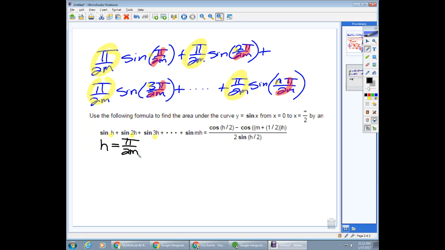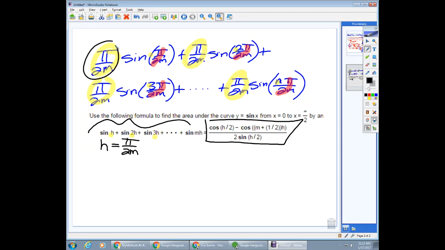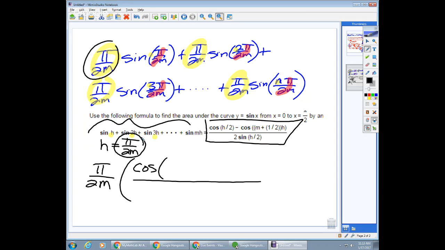So now I can apply their formula, okay? So they claim that this sum right here is equal to that fraction. So now we have to use that fraction where h is pi over 2m. So cleaning that up. Now remember, we're factoring out this pi over 2m also. We have two versions of it hanging around. So I'm going to end up with that factored out pi over 2m times this crazy fraction. So let's see, my numerator is the cosine of h over 2. So what happens if I divide this by 2? What am I going to end up with? Pi over 4m, correct. So I'll get a pi over 4m